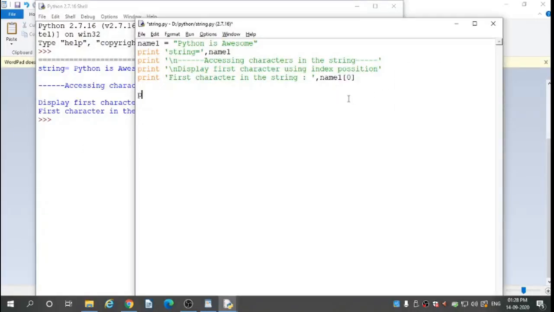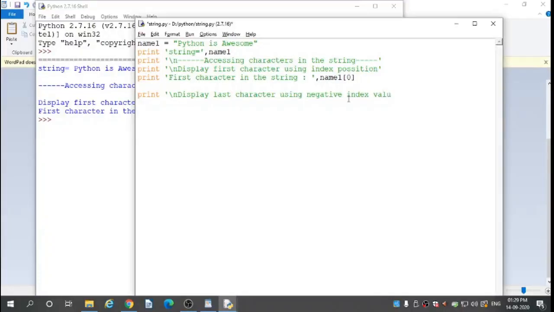Enter. Second, print in single quotes \n display last character using negative index values.